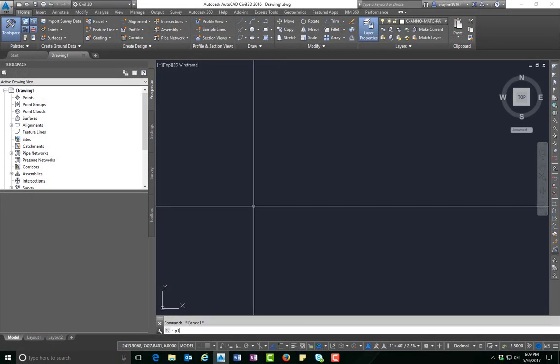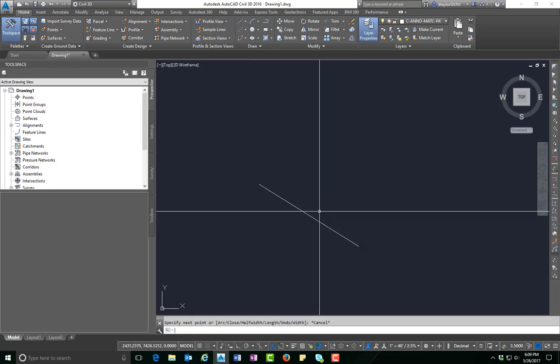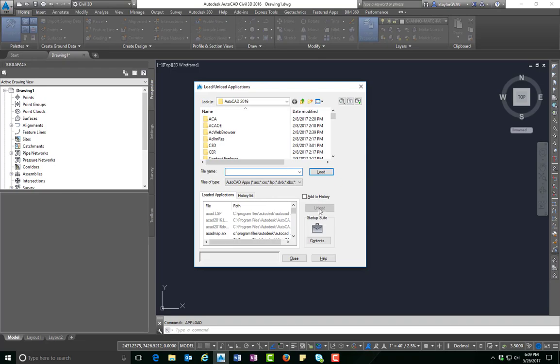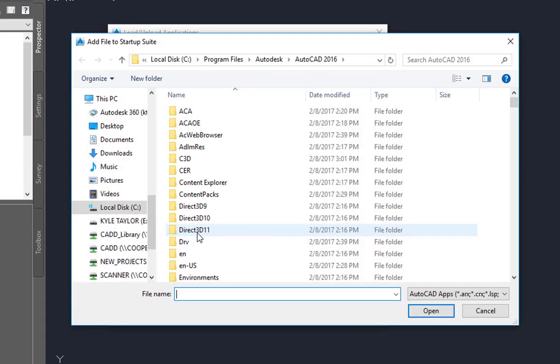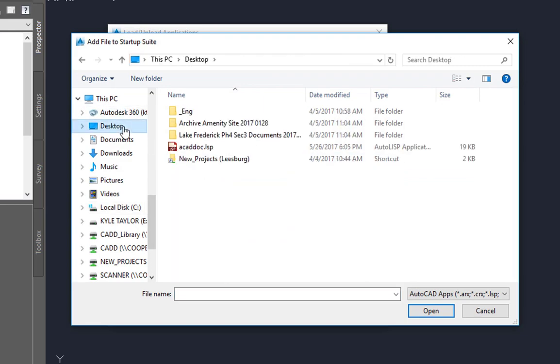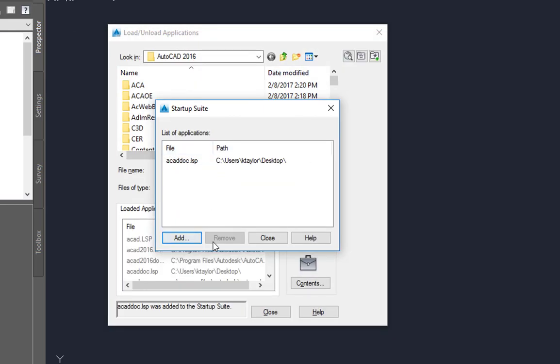All right, method number two. We are killing it. So now you see I'm going to type in TW again and nothing happened. So I took out the file from previously. So you can go to Contents after typing appload, find your .lsp command, add it to the list, hit close